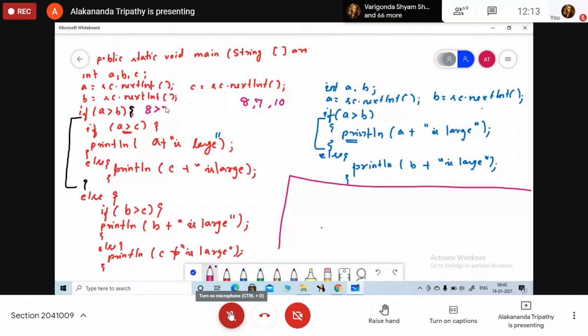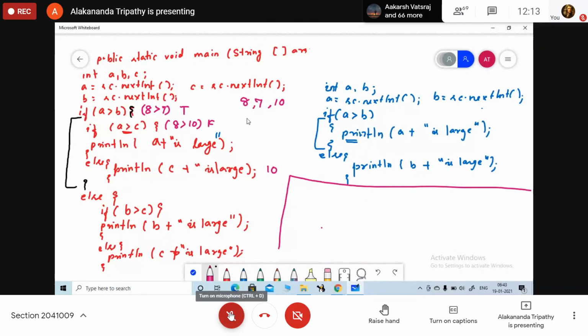I will check 8 greater than 7. The condition is true. If it is true, again we are going to compare 8 greater than 10. Now the condition is false. So which one will be printed here? See, 10 is largest. Okay.